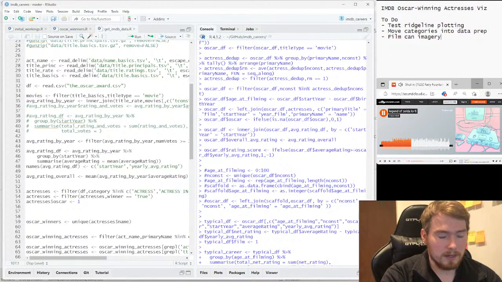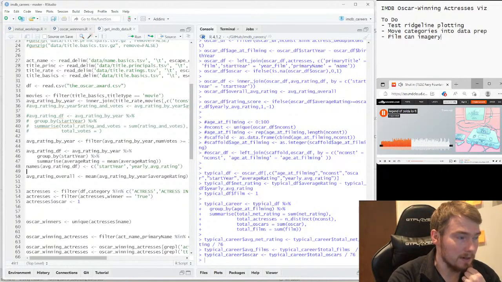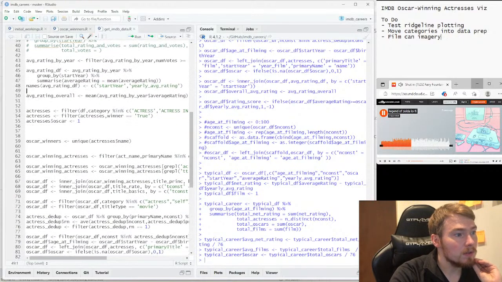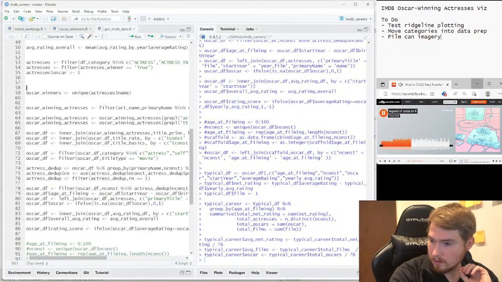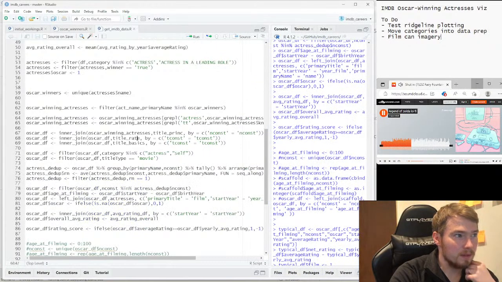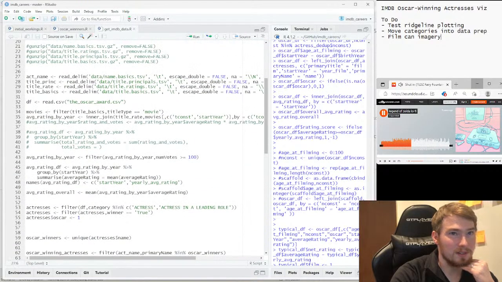Cool. Okay, what are we going to do? So, I've got my R code. I just got to go back over what we were doing. So how we were working this was we were bringing in our different data sources for different actresses: the names, titles, and ratings of the films.